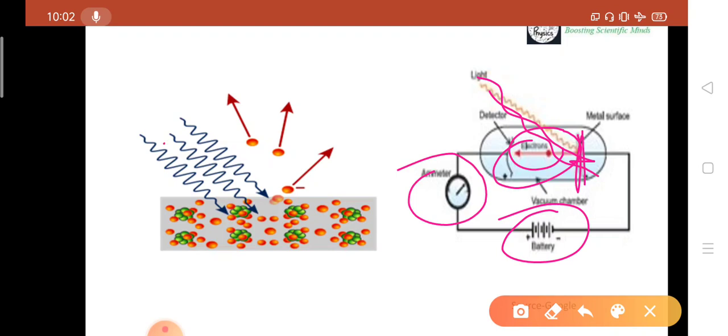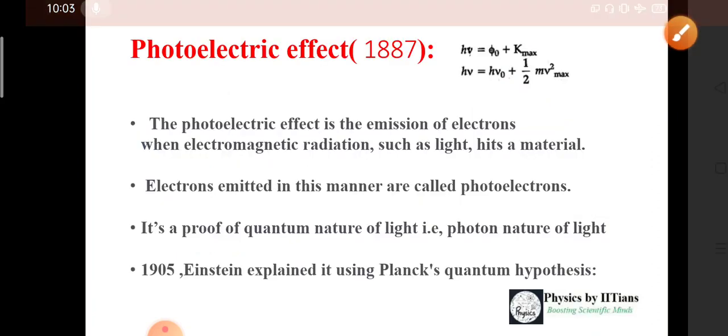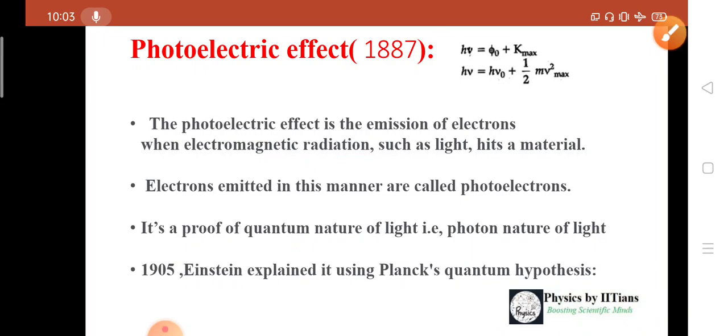What is happening here? Look, these are metals, and we all know that metals have free electrons, an electron gas. If the incident photon has sufficient energy to hit these free electrons and eject them from the metal surface, this can generate some current, known as the photoelectric current, and these electrons are known as photoelectrons. This can only be explained from the quantum nature, or photon nature, of light. So this is again the establishment of the particle nature of light.